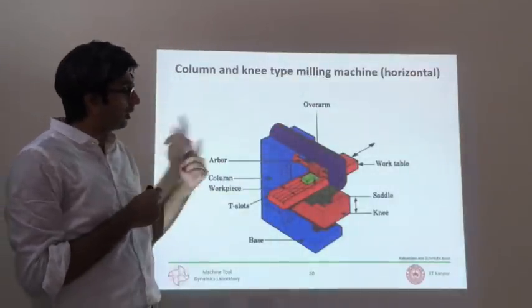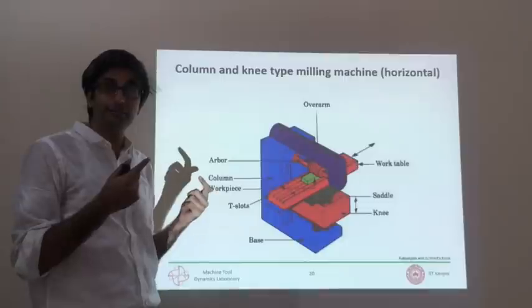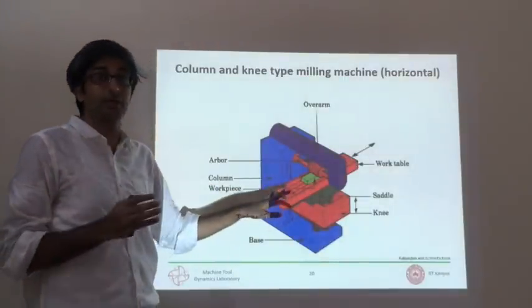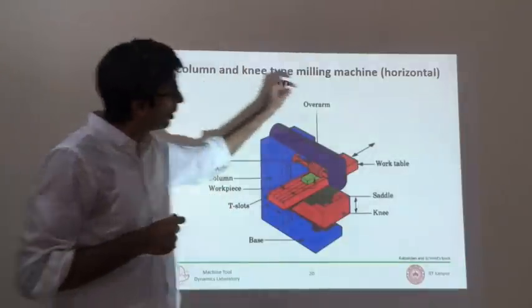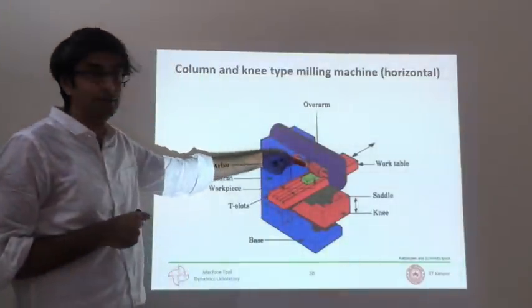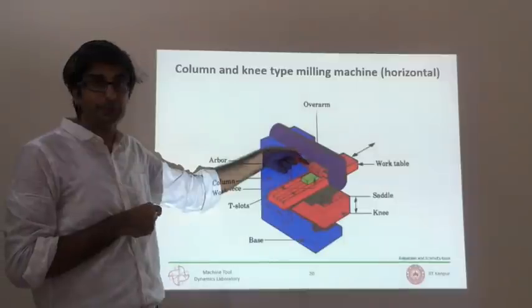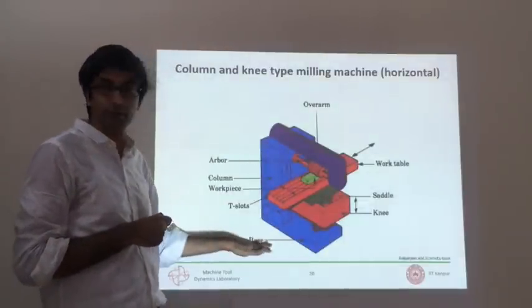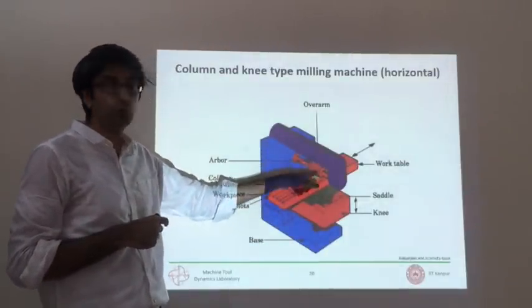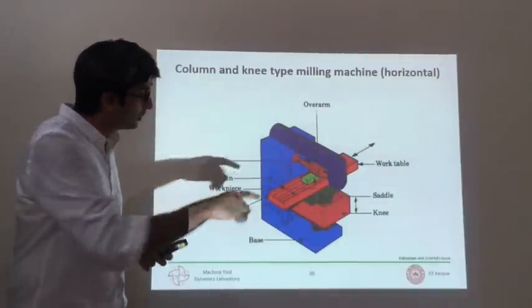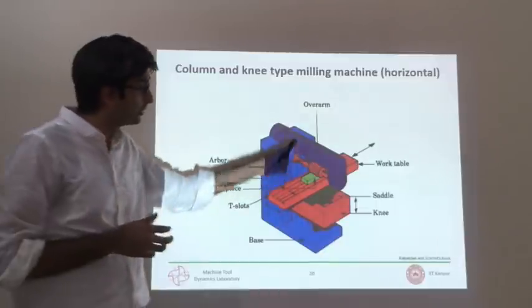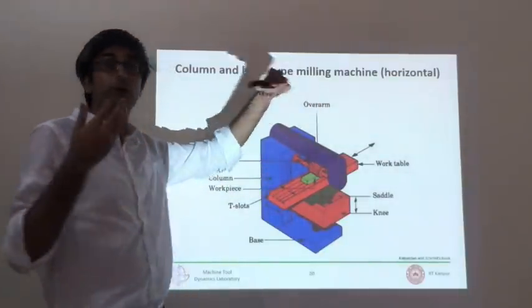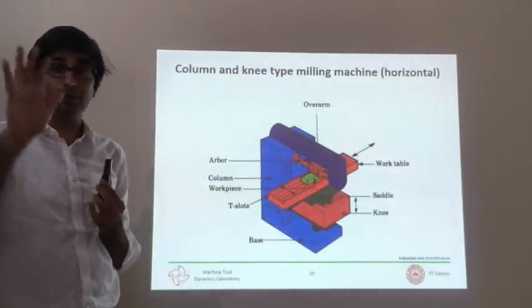Whether they are horizontal or vertical, it doesn't really matter. Their kinematics are similar, so the motion to the workpiece is the same. What makes it horizontal is that the spindle is horizontal. The spindle is parallel to the ground. Right? The spindle is this thing here where the tool is mounted. Because the spindle is parallel to the ground, it is called horizontal configuration. If the spindle was vertical, you would call it a vertical milling machine. That's all there is to it.